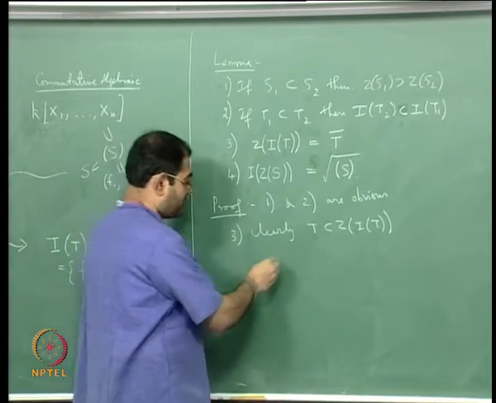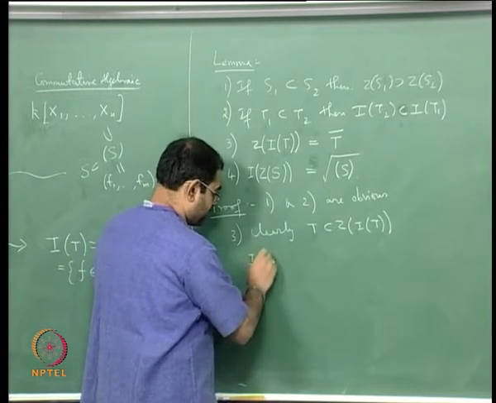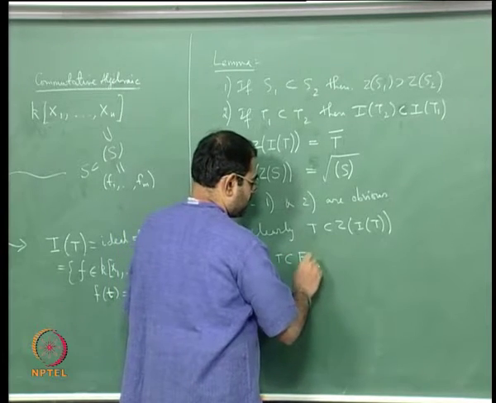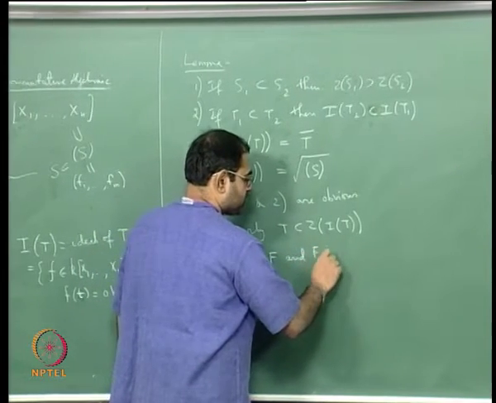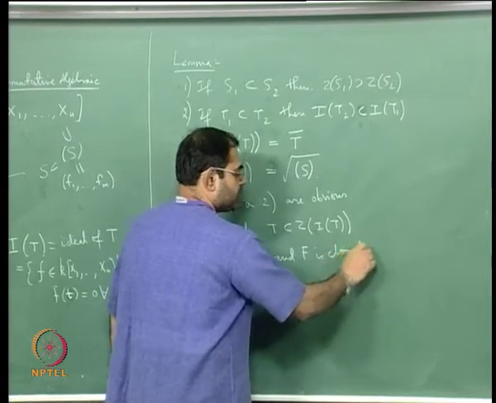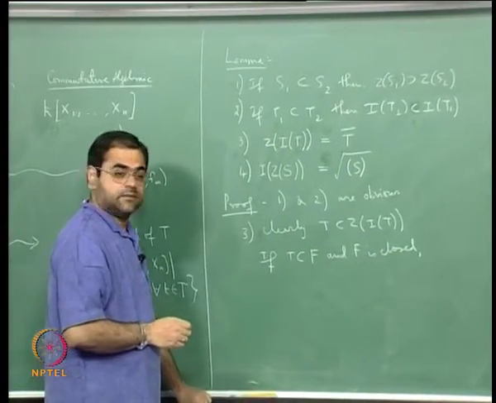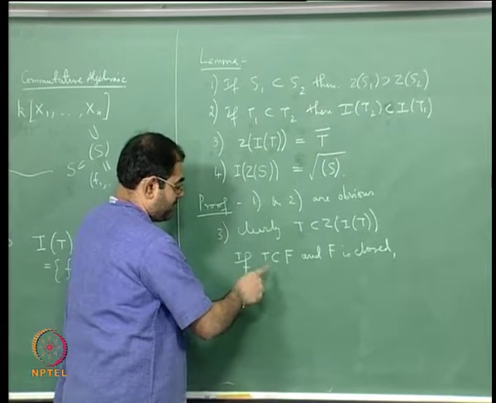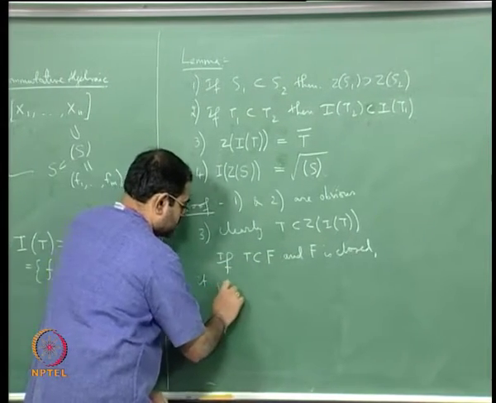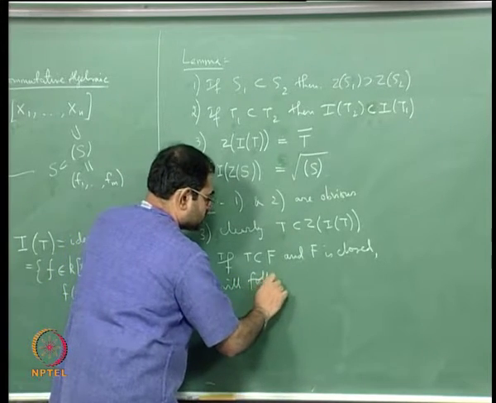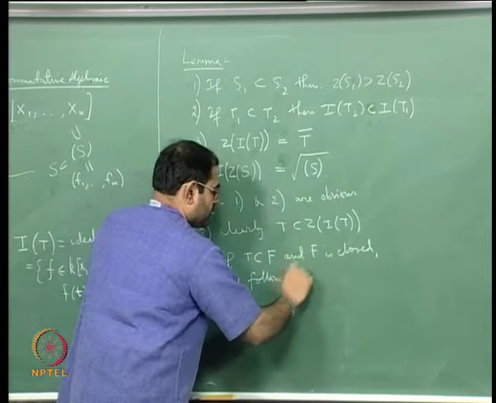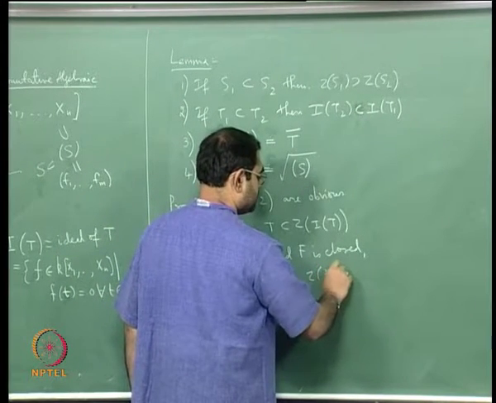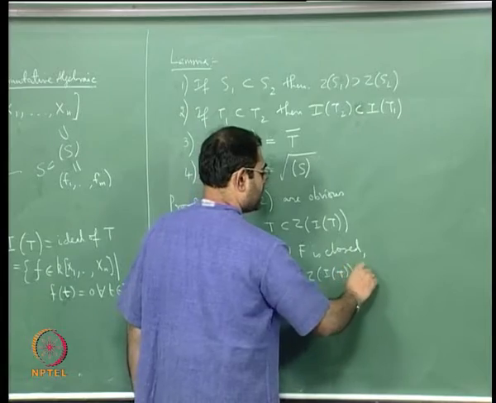But more importantly, if T is contained in F and F is closed, okay, then what will happen is that you will see that it will follow that Z of I of T is contained in F,